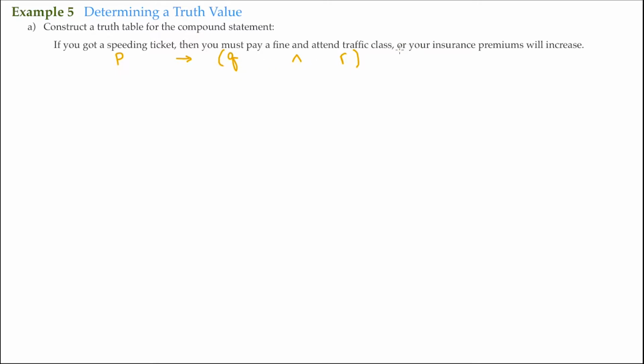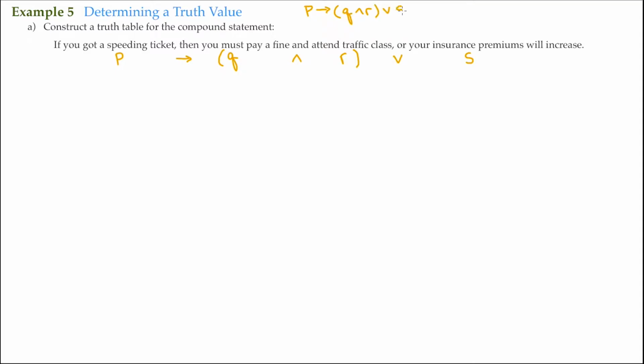Then as we continue on, we have this or. Or your insurance premiums will increase. So we've got yet another simple statement. We'll label it as S. So we've got 4 simple statements. So I'm going to write this right up here. If P, then Q and R,